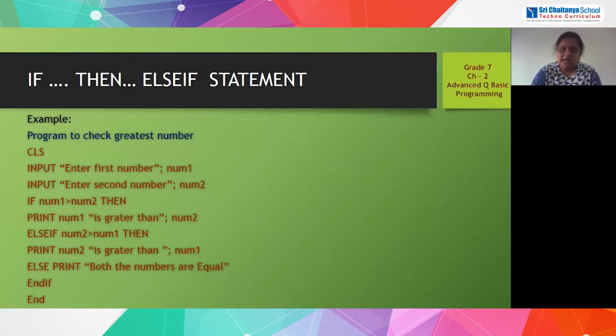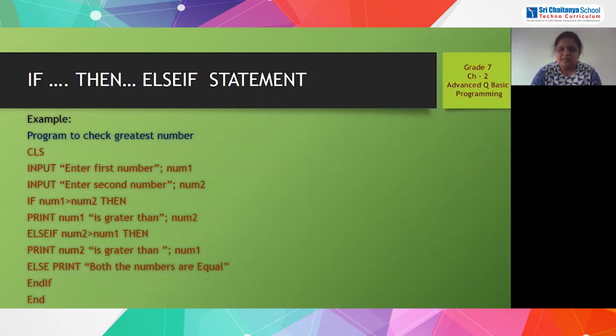Else if, again it is checking, if number2 is greater than number1, then print number2 is greater than number1, right? Else print both the numbers are equal. Because of this we are using the if then else if statement.